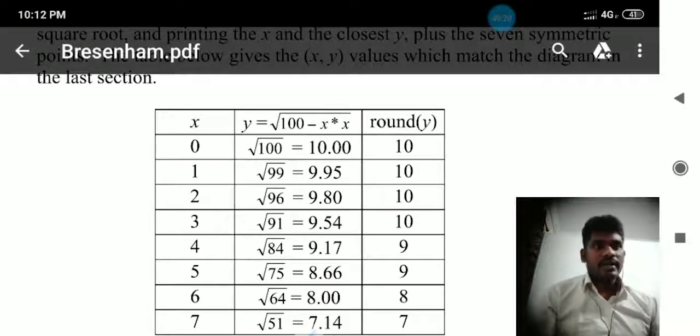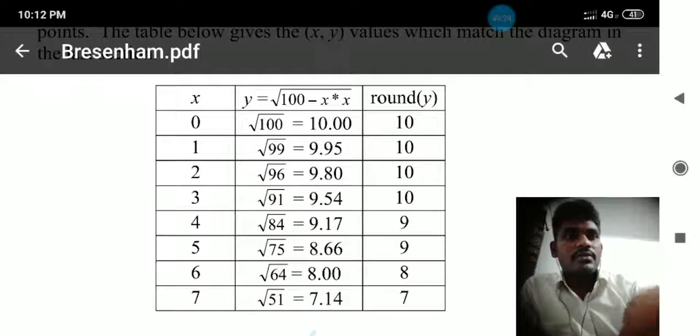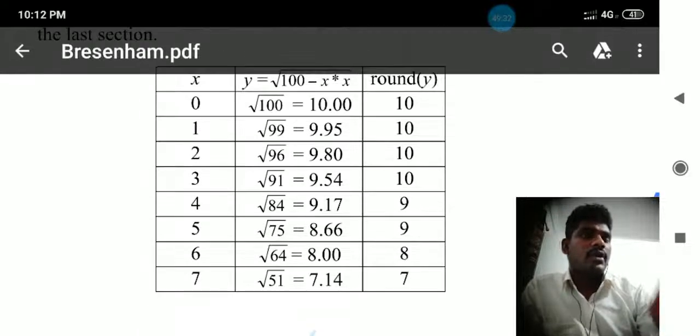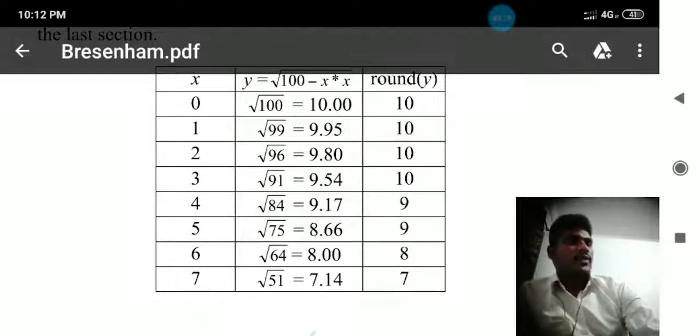Suppose the r value is equal to 10, radius is equal to 10. Now what is the value? Now x value equal to 0, r square means 10 into 10, 100 minus 0, so 10. Take the round value, not fraction value. Here we will take only the round value, which means an exact number, no fraction. So x value 0, y value